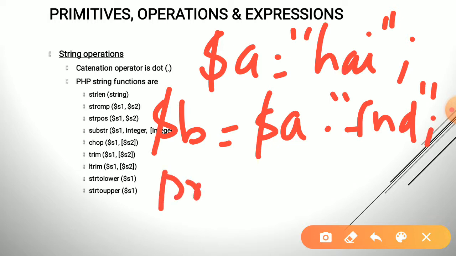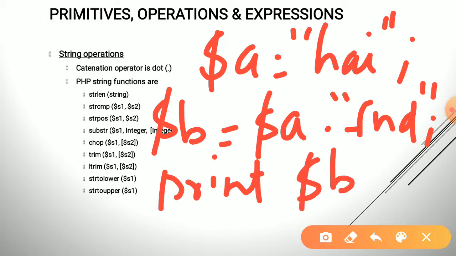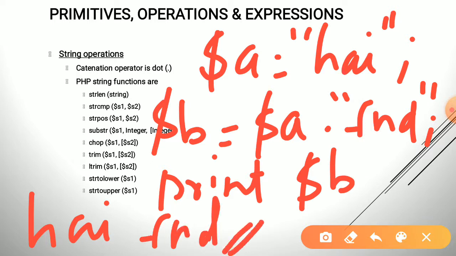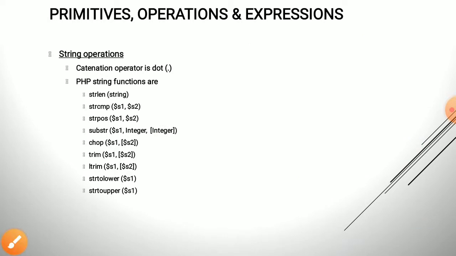If I print the value of $b, it will print hi friend. So dot is used as the concatenation operator in PHP.